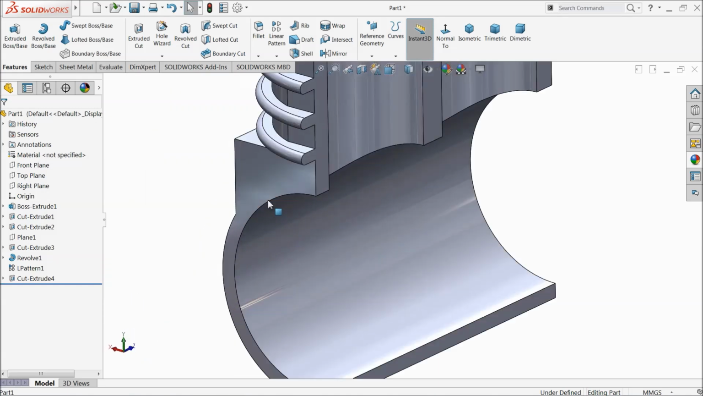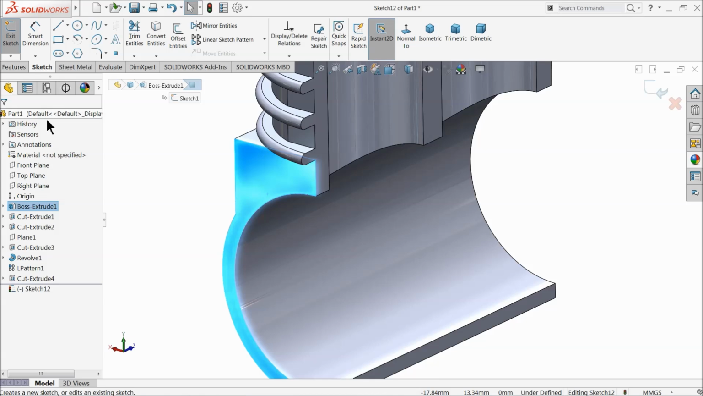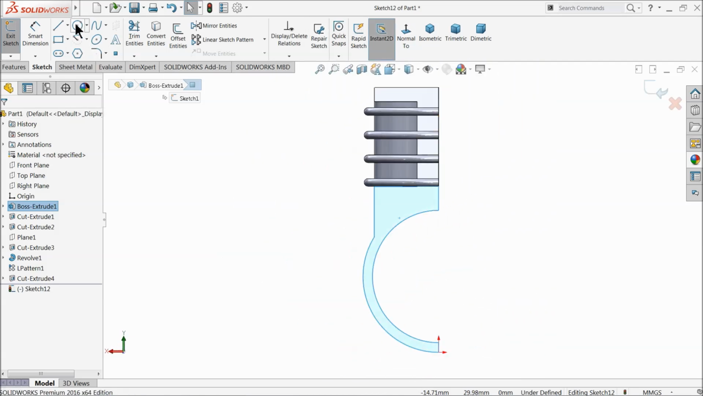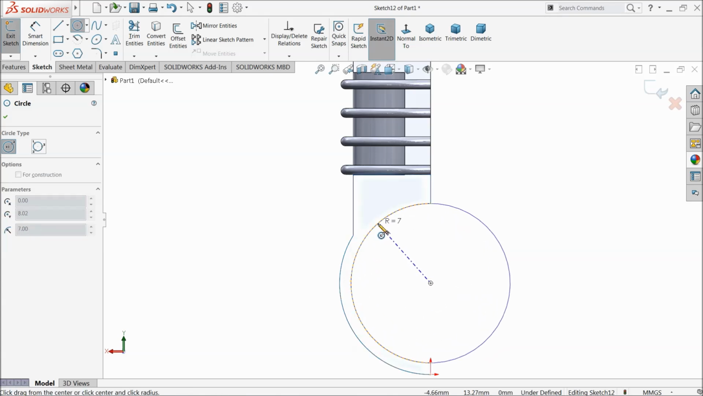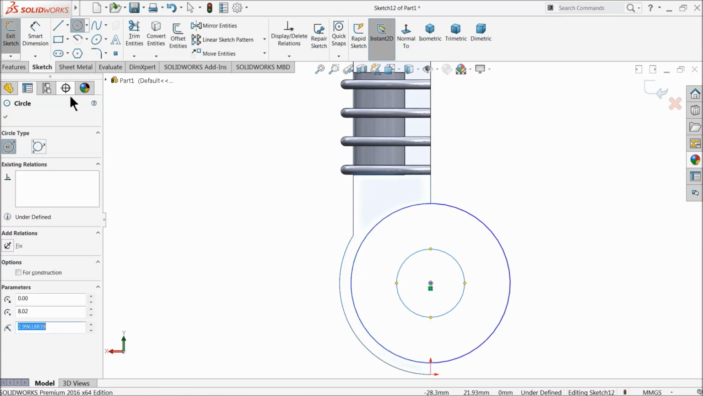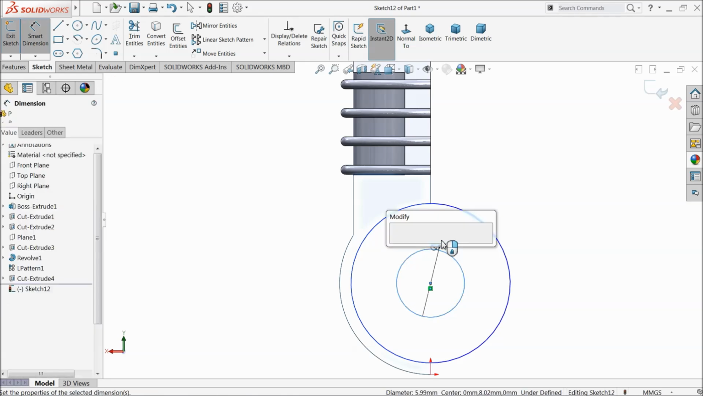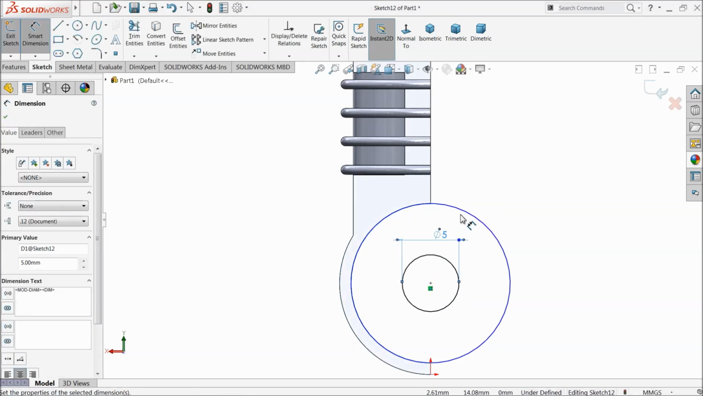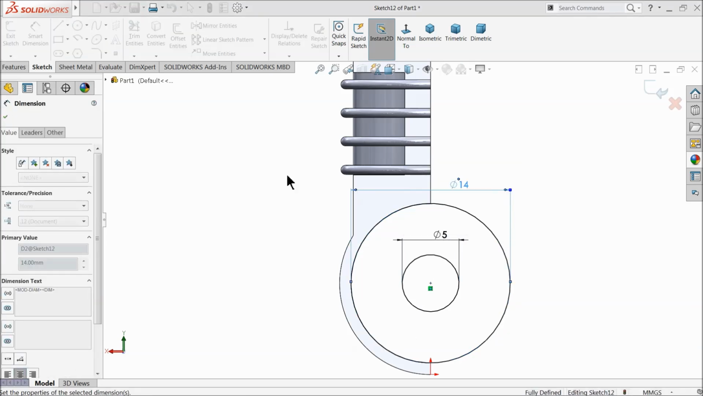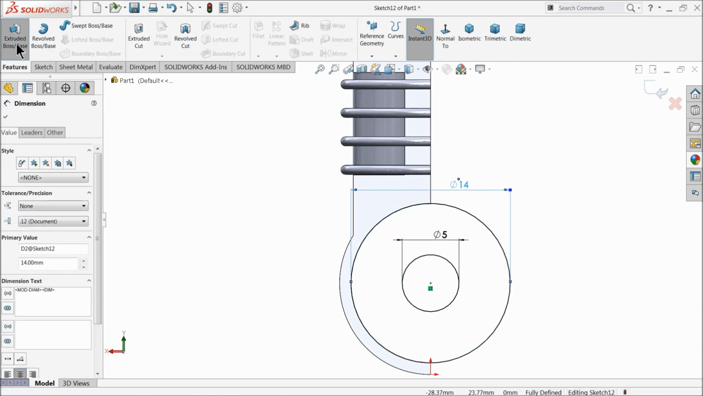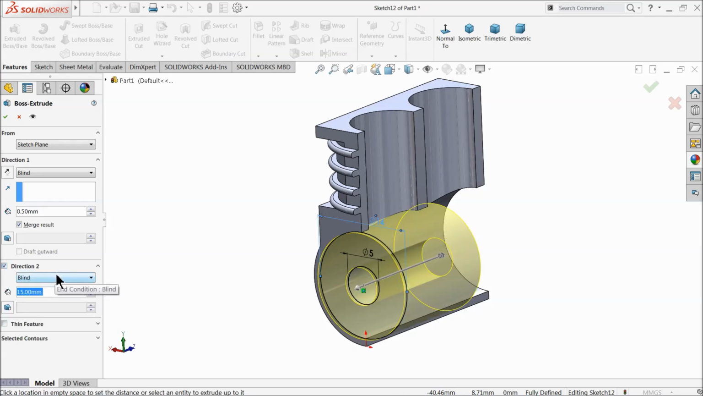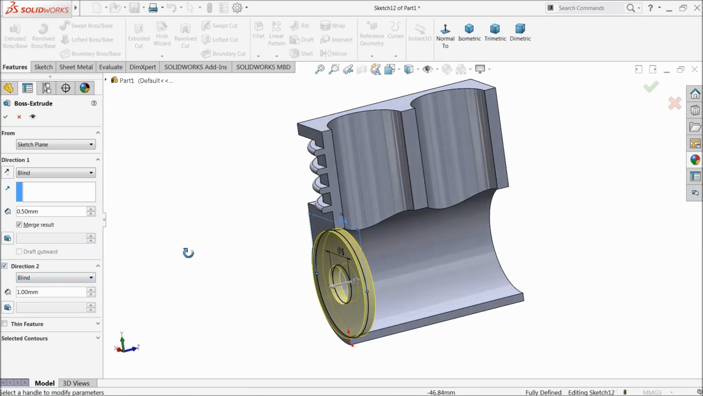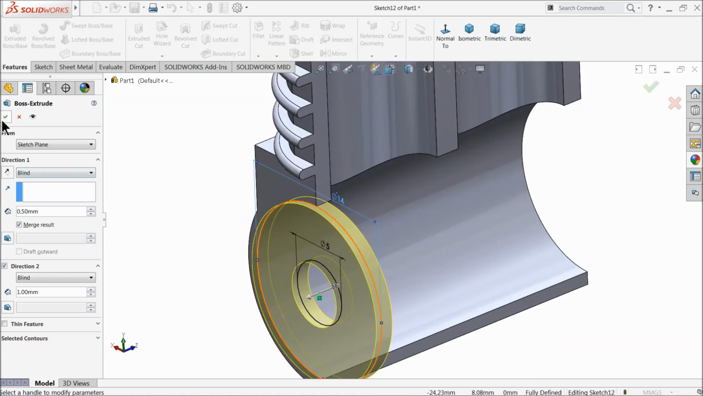Now select this face, sketch, circle, find out the center point. Okay, one circle and smaller one keep 5 millimeter and bigger one as it is 14 by default. Select extruded boss in direction 1.5, direction 2 1 millimeter. You can see. Okay,